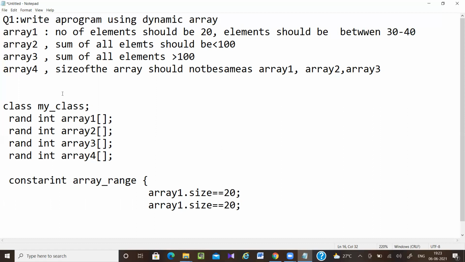In array 2, I have not mentioned any size, so it's up to you. You can write any array 2 size, like 30, or you can simply comment it. Array 2 size can be anything, but you have to give a default value also, like 30.